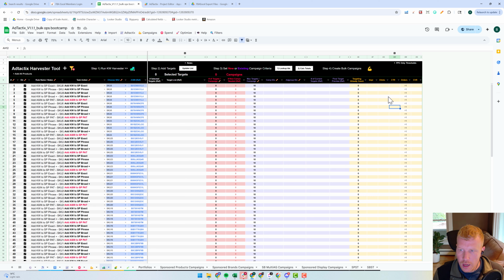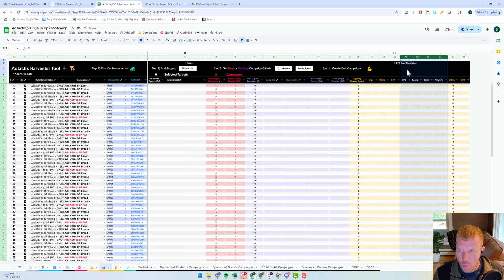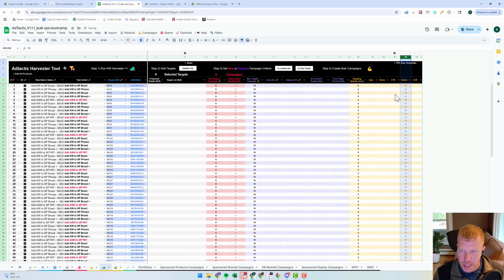But the other sources like your search term reports and search query performance, this orders column applies, as well as these others actually all apply for search query performance. The white ones here are the only ones that only apply for your search term reports because those are PPC based metrics. But anyway, the idea is you can set up pretty custom thresholds regarding the harvesting that you're going